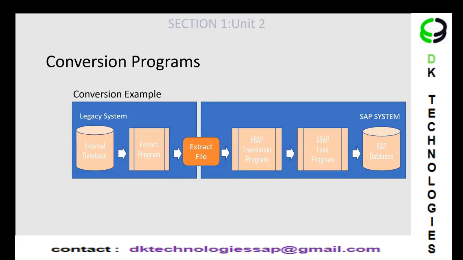And we also have BDC, batch data communication. You can also use BAPIs, and there's something called iDocs. All of these we can use for both interface and conversion programs. We'll be discussing more about them. Those are fairly advanced topics, so we'll discuss them once we are done with all the basics of ABAP. We'll develop those types of programs in SAP, conversion programs.